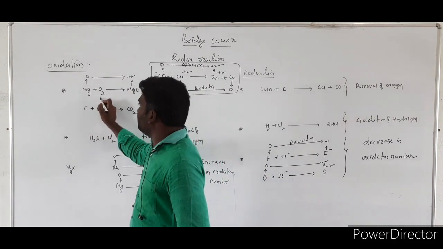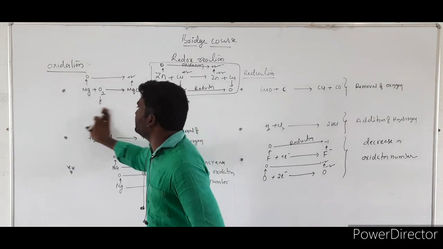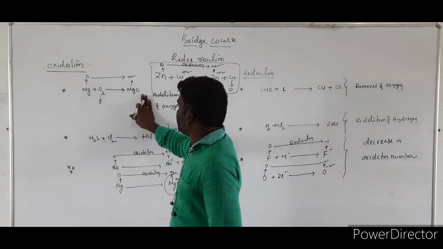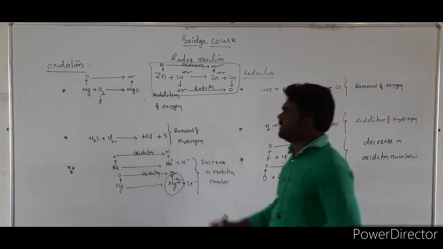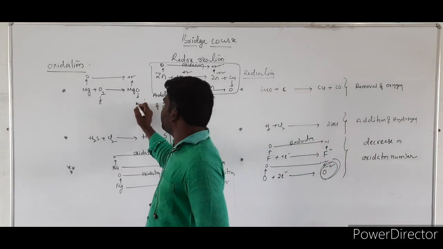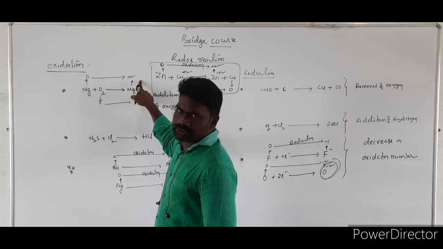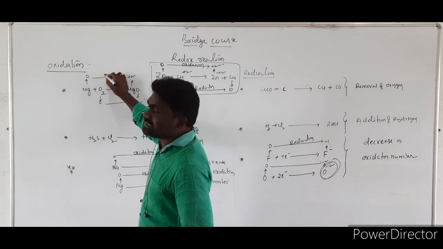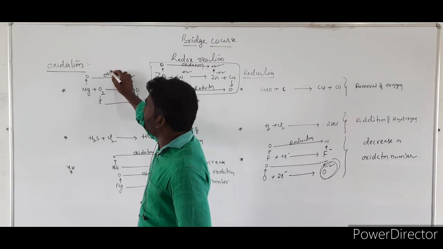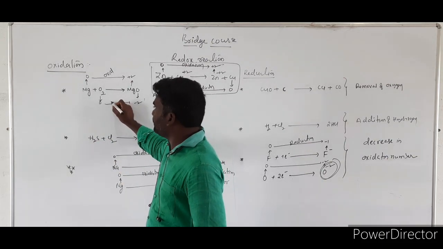Here is the oxygen element. The element, I already said, is 0. The oxidation number of oxygen, I told you, is minus 2. The apparent charge is minus 2. In this case, we have to take minus 2. So 0 to minus 2, and 0 to plus 2. Since the number increases from 0 to plus 2, the increase is nothing but oxidation. From 0 to minus 2, the number decreases, which is nothing but